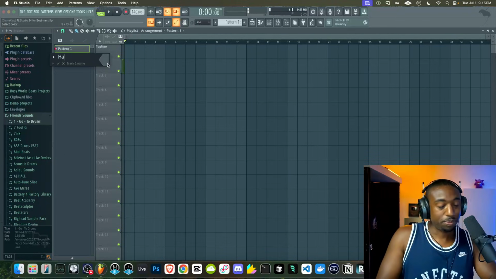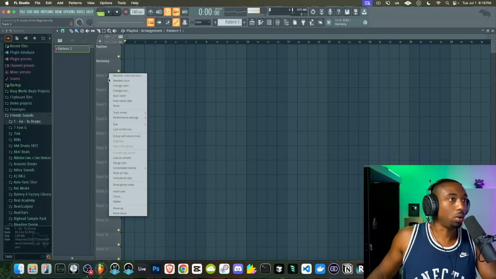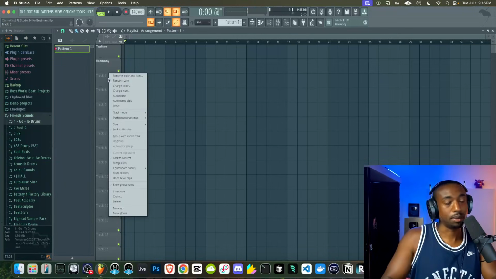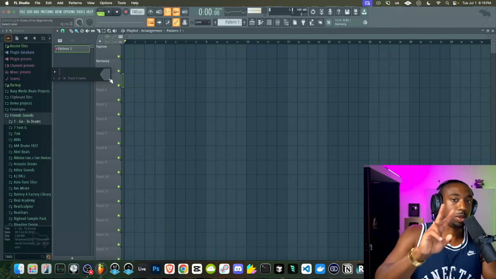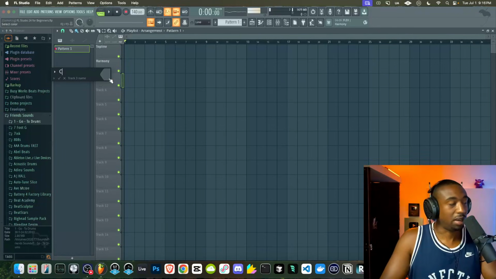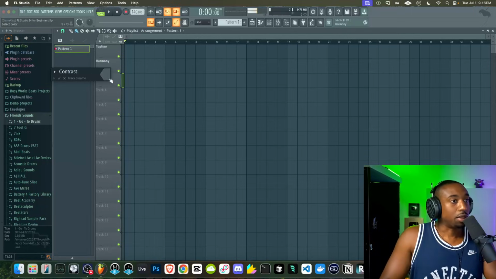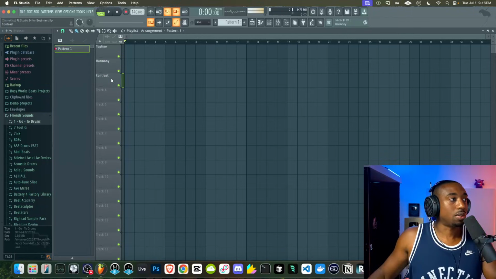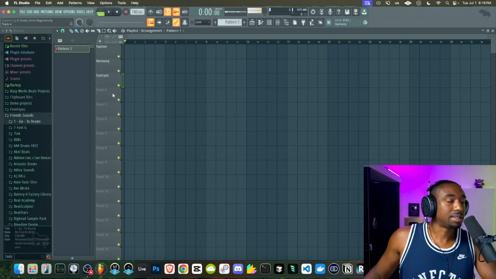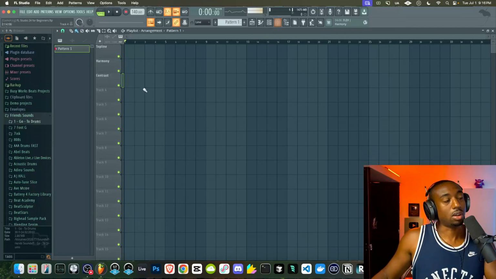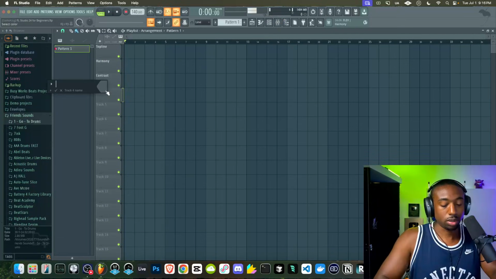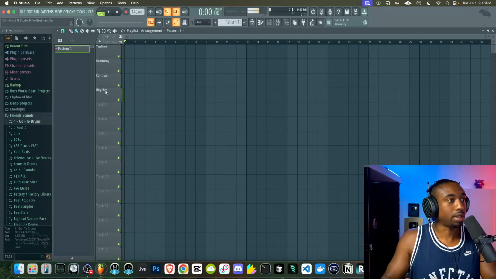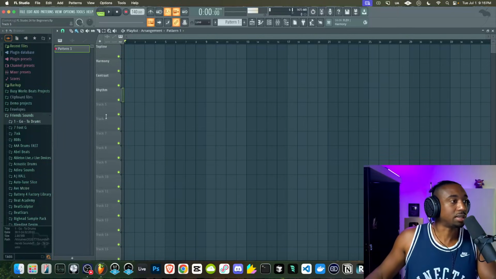The next layer is the harmony. This is your chords in the track, the glue to the track. And chords are defined as when you play 2 notes or more at the same time, in my definition. Next is the 3rd component, called the contrast component. This is where we add the bass and the counter melodies. On track 4, we're going to call this rhythm, because this is where we're going to add our drums and our rhythmic stuff.